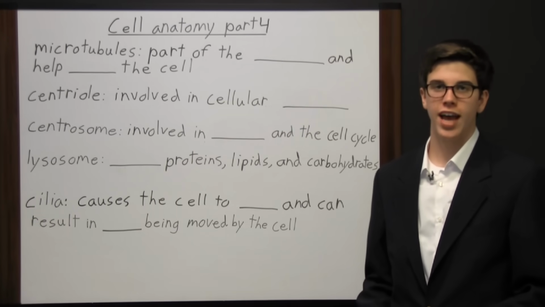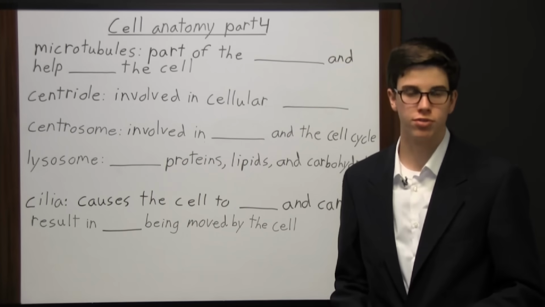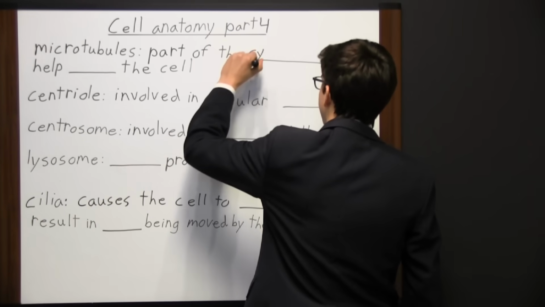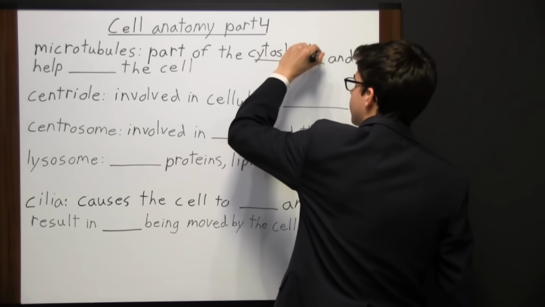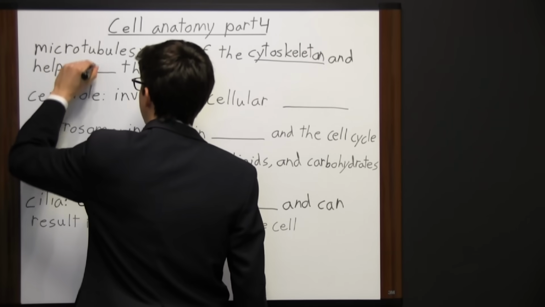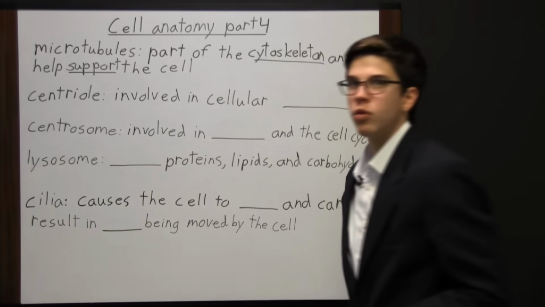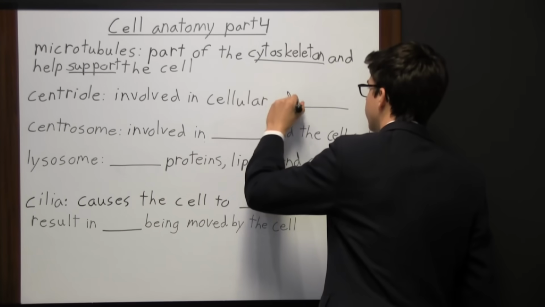We're going to take a look at some parts of cell anatomy, starting with microtubules, which are made of protein and are part of the cytoskeleton. And they also help support the cell. And then we have the centriole, which is involved in cellular